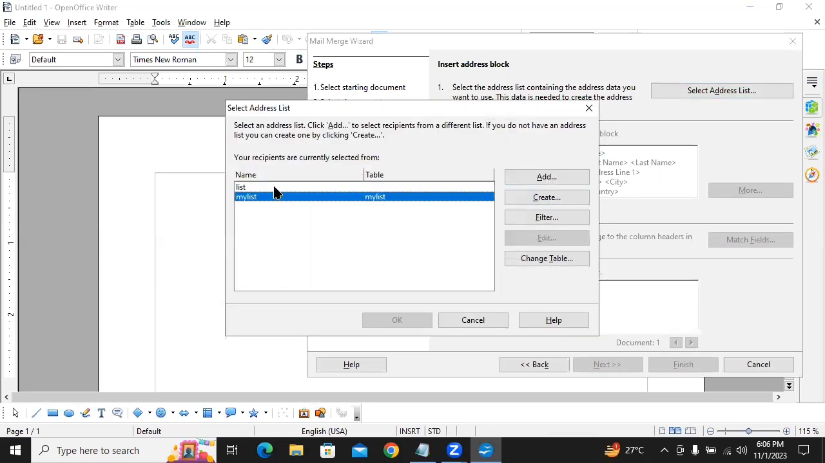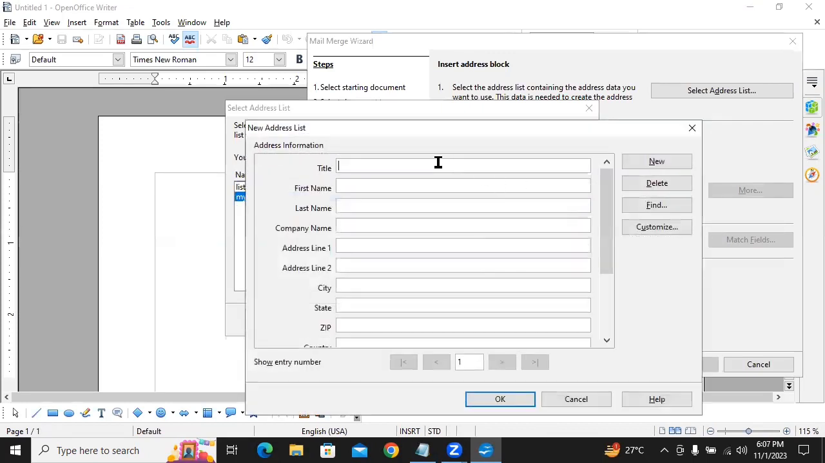Now see, I have already created 2 lists, but I will create 1 list in front of you again. For the creation of an address list, just click on the create button. Now here, what kind of data can you enter? See, the recipient's details are here. You can see the credentials. Let's take an example of title. Here we'll enter Mr. Then first name is Ram. Then last name is